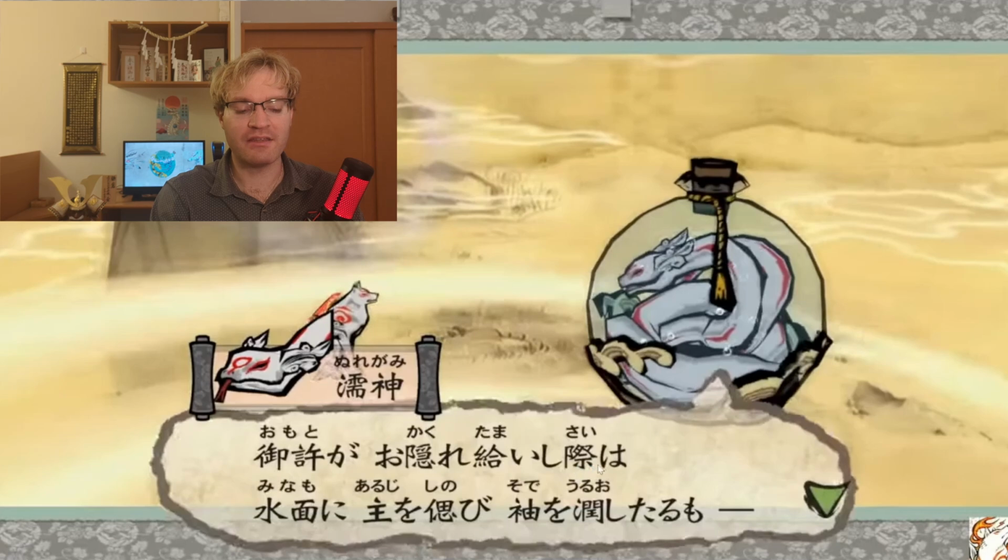Now, sai, in this instance, you can think of it as like instance or event, something like that. So, kakure tamai shi sai, okay? The instance or event that you honorifically hid yourself. The time that you honorifically hid yourself. Which basically just means when you honorifically passed away, okay? And now this is a noun. So basically we use this entire combination of verbs to describe this one noun, which is a when, a time period, the instance of. And now this sai is followed by the particle wa.